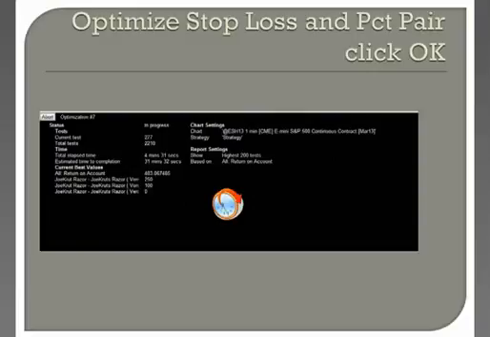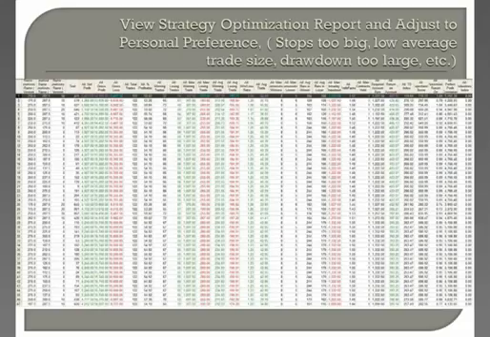This is an optimization test. It shows that it was going to take 35 minutes just to do that. And again, I wouldn't give you a seminar and have me sitting here watching an optimization. But once you get the report, the final report, now this one shows you your stop loss floor, and your stop loss percent, and it shows you every possibility.